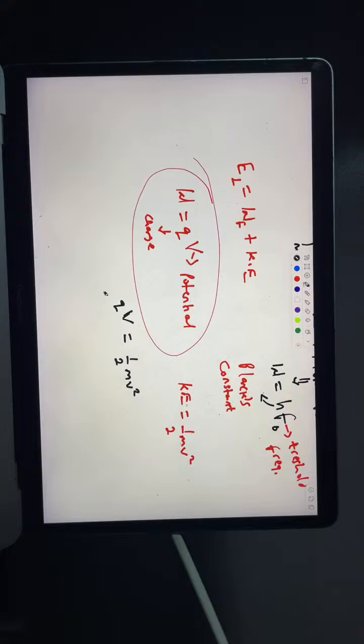what else were you given there? The potential difference, 70 kilovolts. So what you just need to do is make this your formula. Let's cross multiply. What do we have? We have 2QV, capital letter V now, equals m v squared. That means that v squared equals